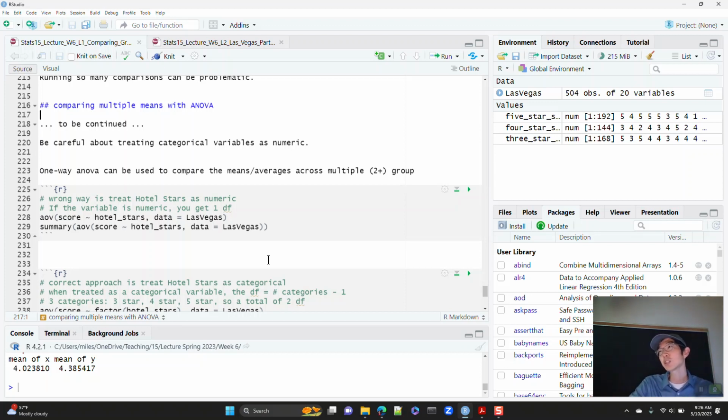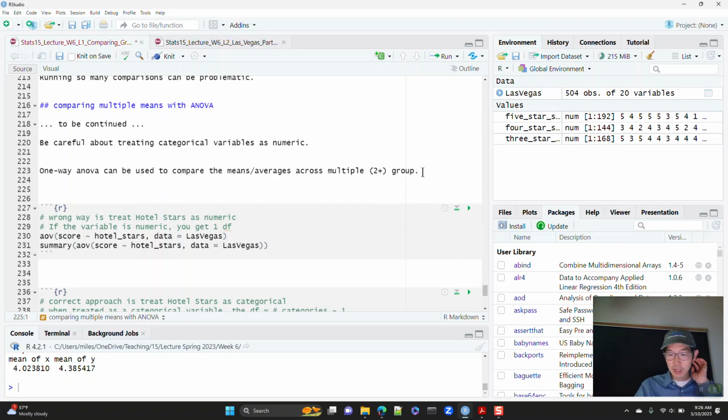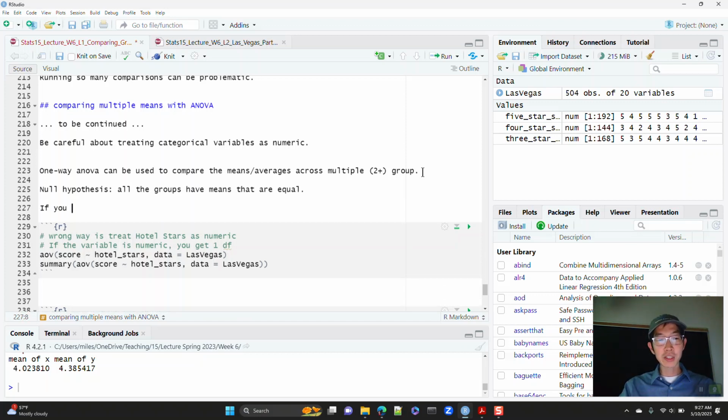Now, one limitation is that the null hypothesis is basically that all the groups have means that are equal. And if you reject the null hypothesis, that means at least one of the groups has a mean that is different.